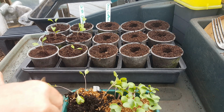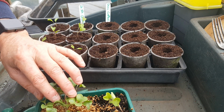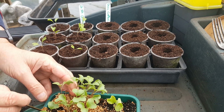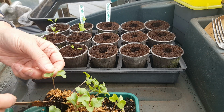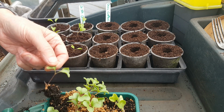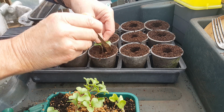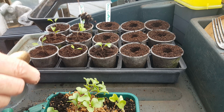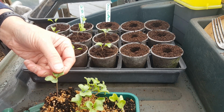That's all the Brussels sprouts done, so leave the rest in there. I think some of these are not quite ready yet, but I'm going to do it anyway. These are not quite as bad as the leggy ones, as the Brussels sprouts, but